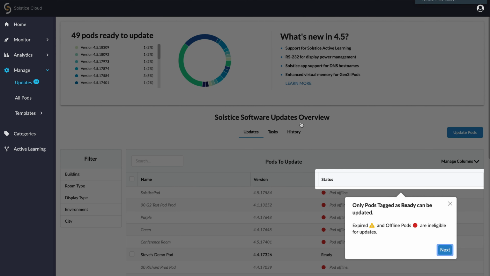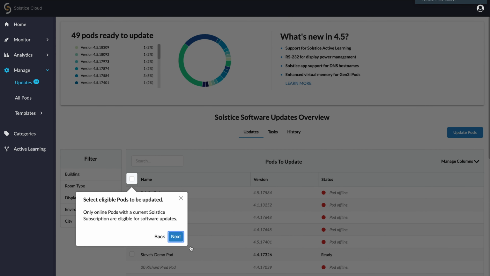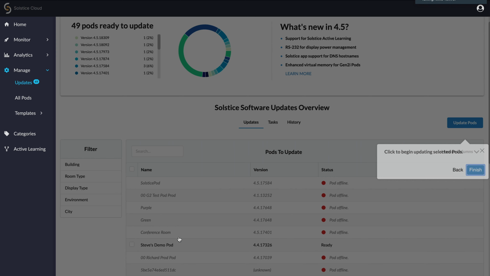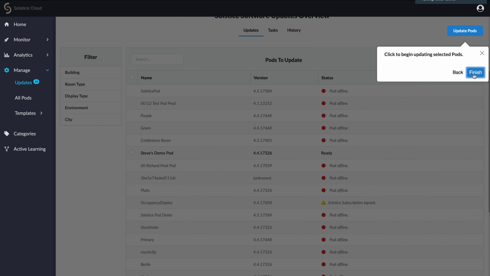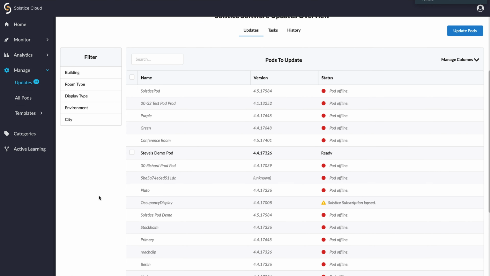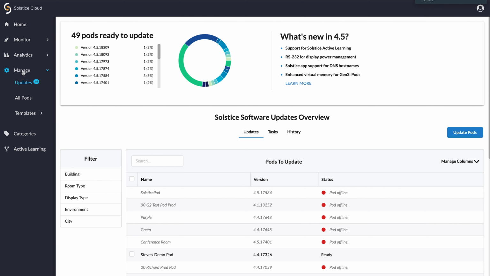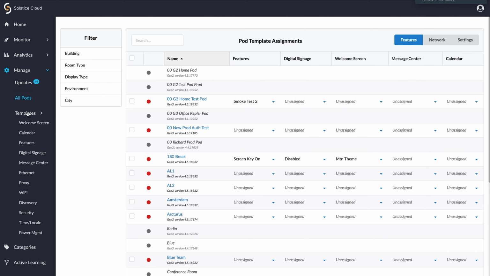We still have the updates in here. That's been in product for a little while. And if it's your first time through, it'll give you a little walkthrough that tells you this is what this functionality does, and this is how to do it. But the new functionality, the new pages that are under manage are this page that lists all your pods